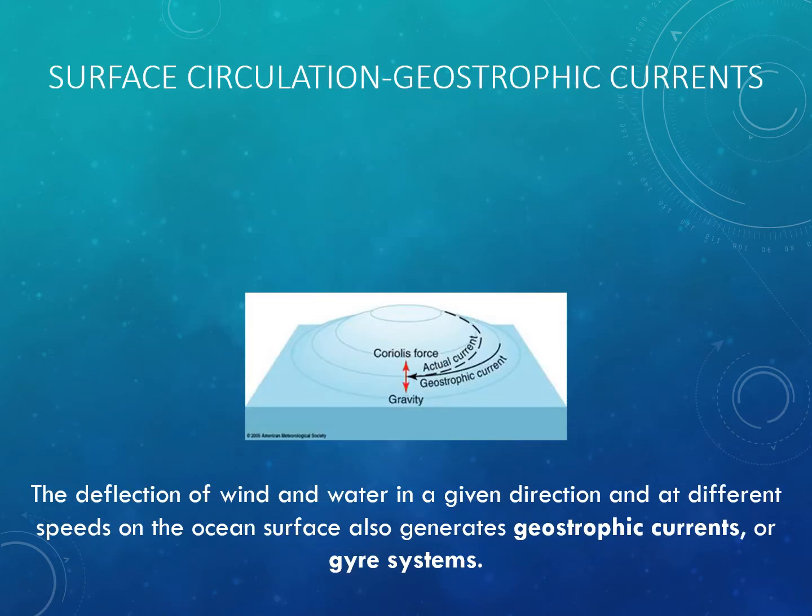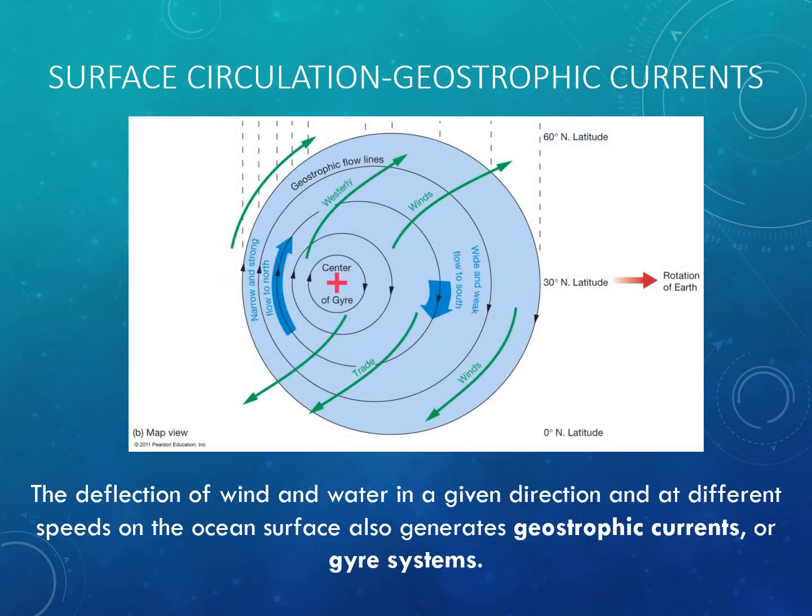The deflection of wind and water in a given direction, and at different speeds on the ocean's surface, also generates what are known as geostrophic currents, or gyre systems. This image illustrates what's happening in a gyre. So the deflection of wind and water in a given direction is what's causing this difference, this hill of water to form. So we've got the Coriolis force operating in the opposite direction as gravity, and it's going to create this central hill of water that we observe, which from an aerial view generates this circular form known as